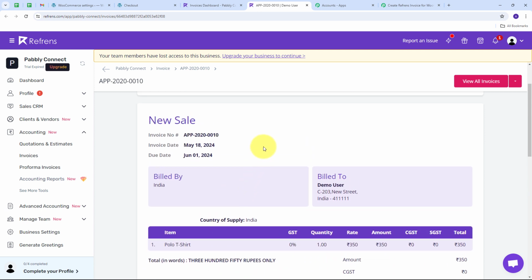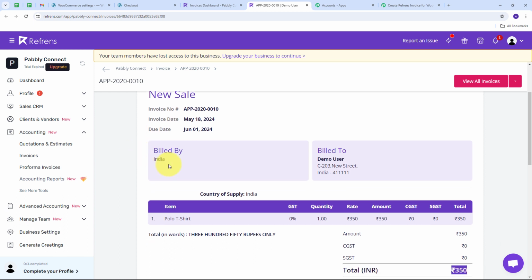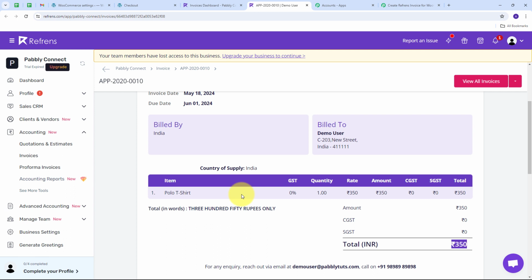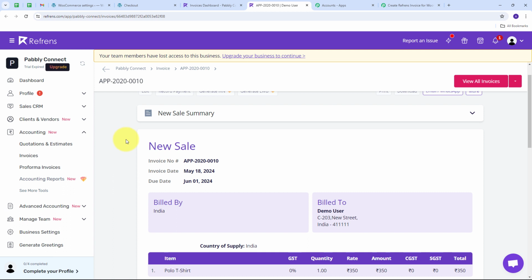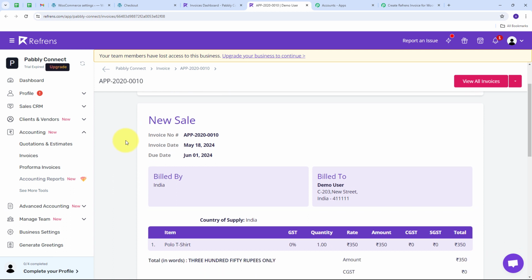So here we can see that I have used all the detail of my order and all the detail of my customer to create this new invoice, and automatically by using my order detail I have created this new invoice in Refrens. So here my automation and connection between WooCommerce and Refrens is working successfully, and now whenever I'm going to receive a new order from my WooCommerce store, then automatically I'm going to generate a professional invoice by using Refrens. Now to check this in real time, what I'm going to do is I'm going to go back to